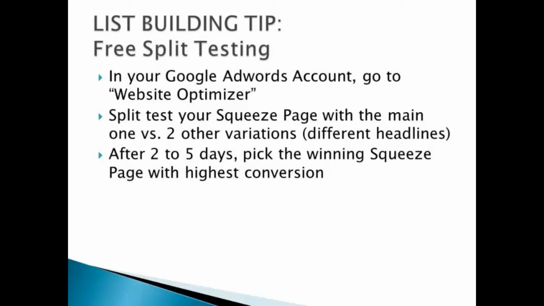There is a school of thought that a squeeze page is considered to convert very well when it's converting 20% and above, which means for every 100 visitors going to your page, you can convert 20 of them to subscribe to your mailing list. That is a decent conversion. 30 to 40% would be considered good, and anything above 40% would be considered phenomenal.